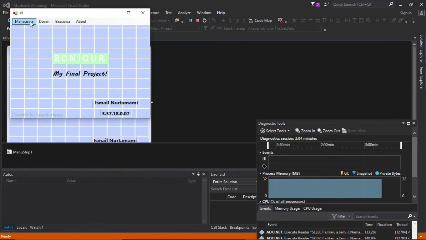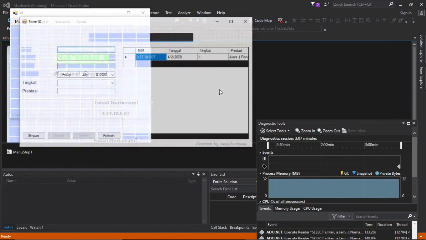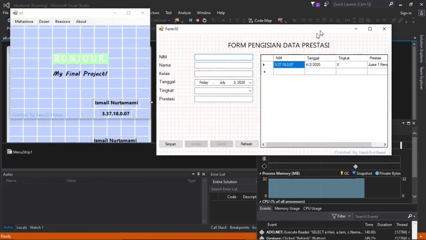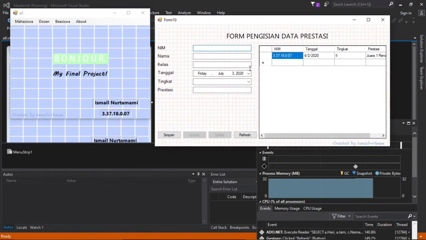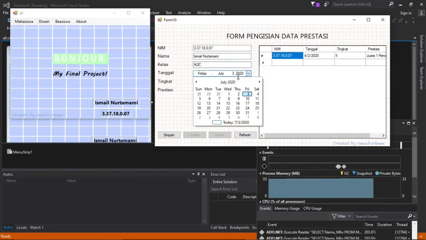Okay, next one is the achievement data. This is form to input the achievement student. Example, we want to add the data. We type Ismail Nurtamami, and the class is K2C. Yes, this is the date,